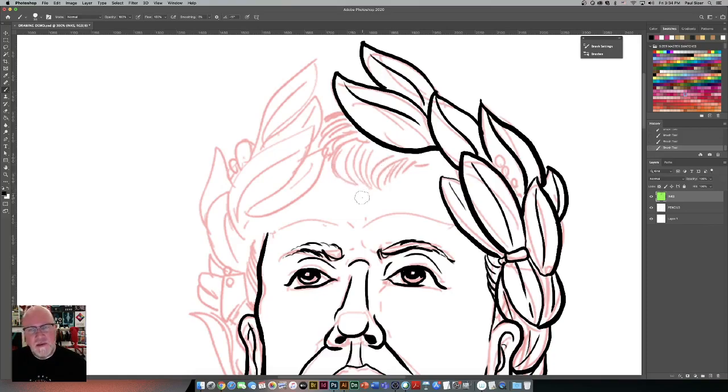With his hair, there's not really any need for me to draw every single strand of his hair. That would be virtually impossible to do. Again, what I'm looking to do is look for a few lines that can get across the idea. And this dovetails nicely into the ideas about mapping a surface. So if I have his hair up here and I'm showing that he's got a little bit of a cowlick where his hair would be flipping around, I don't need to draw every single line, but I can draw a couple of